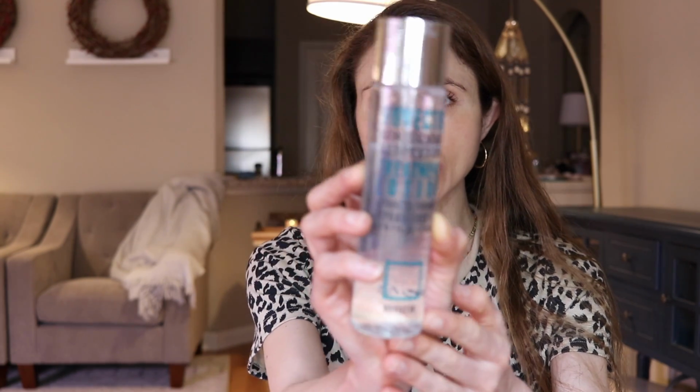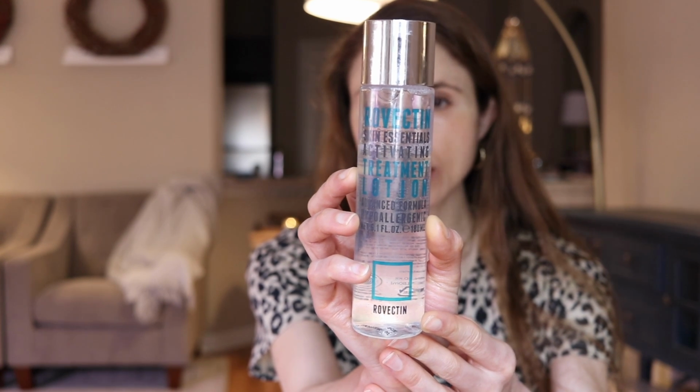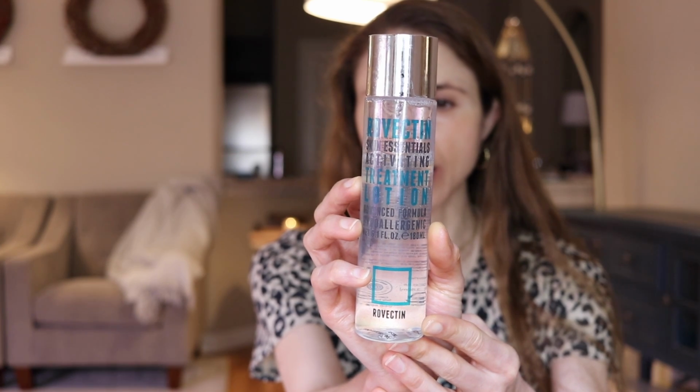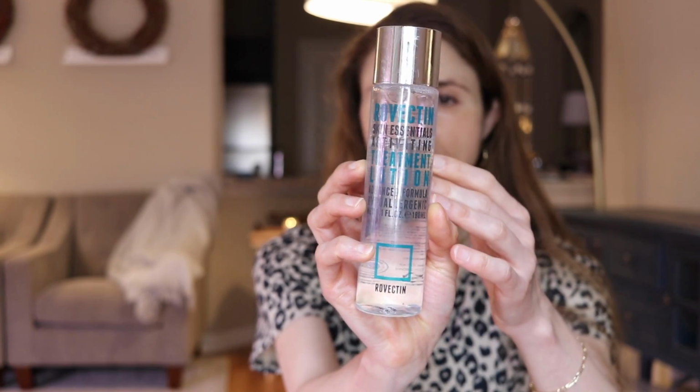Another product that is a hyaluronic acid type serum, although it calls itself a lotion, that I have been impressed with is by Rovectin. It is their Skin Essentials Activating Treatment Lotion. Now this is a hyaluronic acid, I'm going to call it a serum. It calls itself a lotion, but it's a hyaluronic acid based